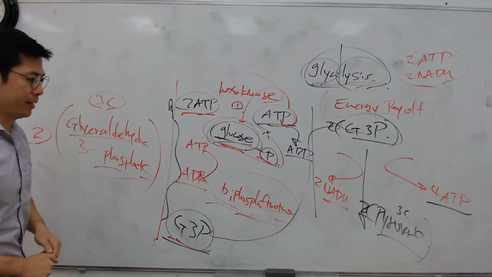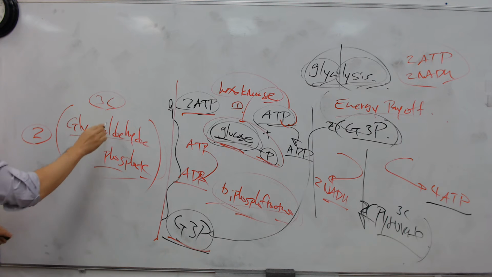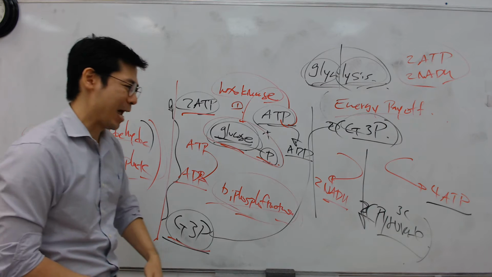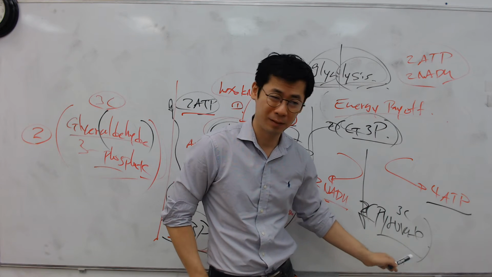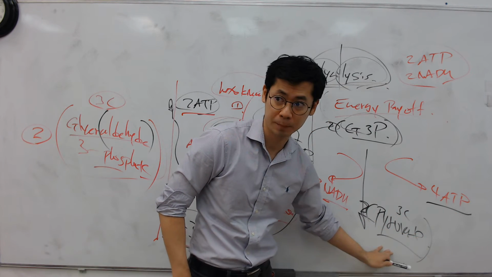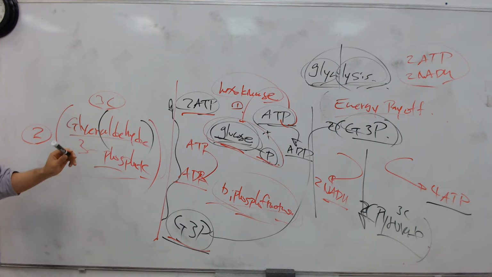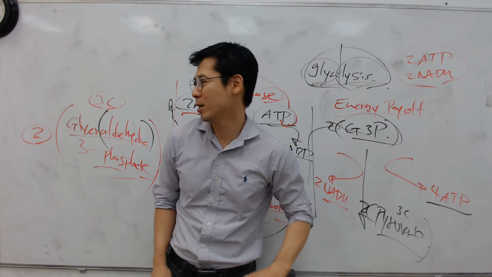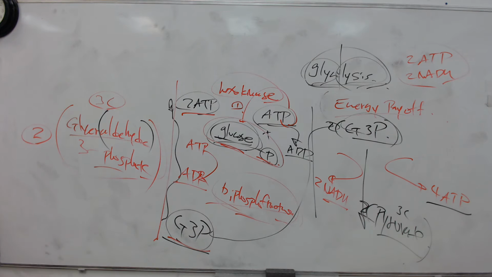Keep in mind, look at this. This is an aldehyde. I'm not here to teach you organic chem. Pyruvate, by the way, is also called pyruvic acid. So you're turning an aldehyde into a pyruvic acid. Your teacher will not say this; you'll never hear this until you go to college.